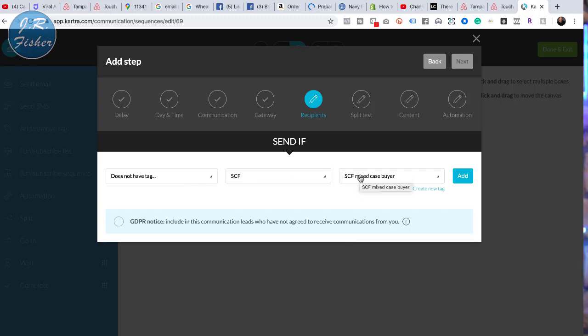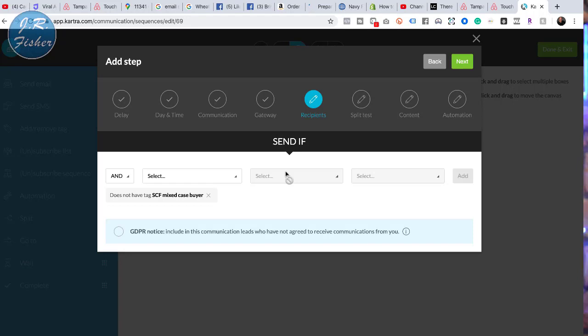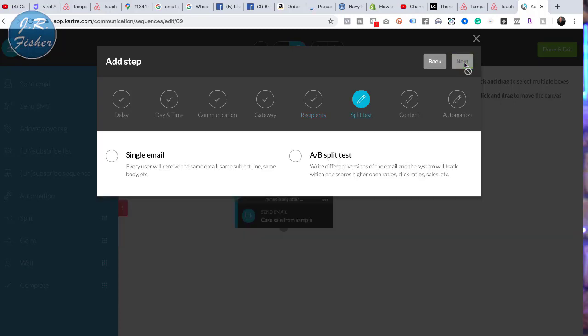Now why would I do that? Because if they already bought it on the first email, I don't want to continually hit them with the same email over and over again if they already bought. Okay, so I'm going to click add, and this is up to you on the GDPR. You can click that or not click it. Okay, that will segregate some of this for you, and I can add another tag in here if I wanted to. I'm not going to worry about that right now. I'm just going to stick with that one. I'm going to say single email, and I'm going to click next,